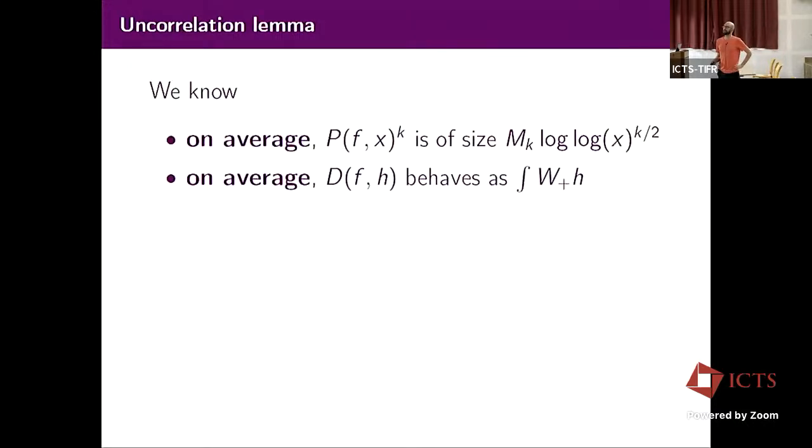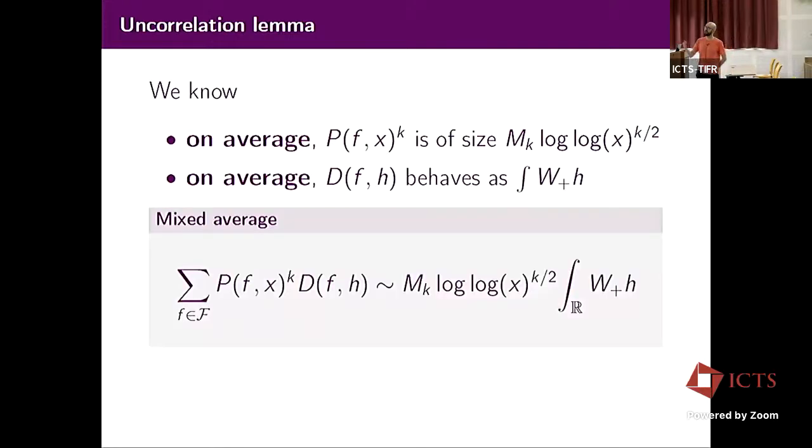Okay, so to prove that, we need to understand the relation between low-lying zeros, that's the one level density, and my sum over coefficients. So remember that we proved that on average, the moment is of that size. That's what we just proved in the previous section. And on average, that's the low-lying zero result that we assumed, like Iwaniec-Luo-Sarnak. On average, the one level density has an explicit distribution. Well, in fact, they are uncorrelated.